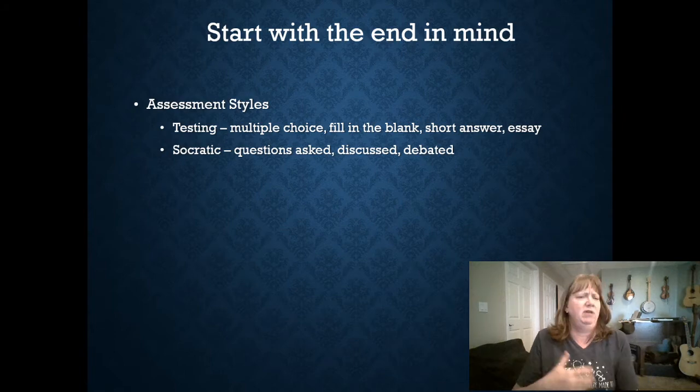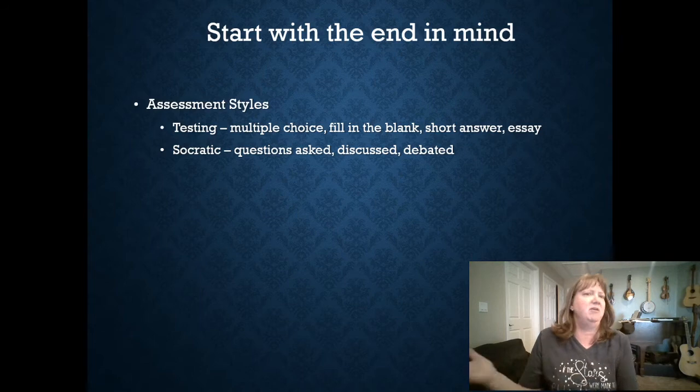For example, if you're doing a multiple choice, maybe you're doing a history test, or maybe it's just literature. You're taking a test on Anne of Green Gables. Pick a book, any book. And maybe a multiple choice would be: Anne moves in with Marilla and Matthew because she's A, an orphan, B, a friend of the family, C, their niece, D, none of the above. So that would be just a simple multiple choice.